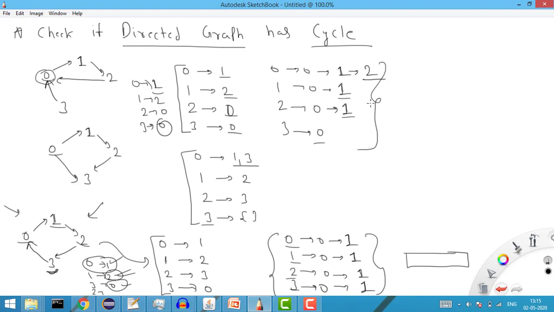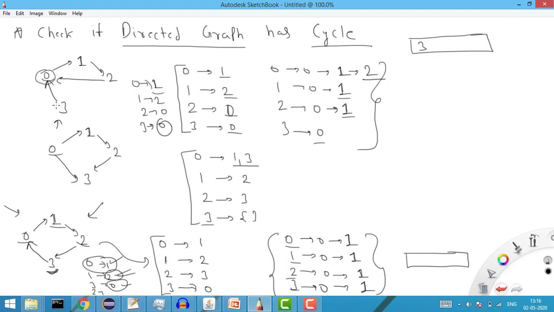check whether there exists a single point whose incoming degree is 0. If so, I put that value into the queue, meaning I put that index into the queue. Now if you see, what does it mean? It means that we have a single point here whose incoming degree is 0. There is no incoming to it, there is only outward from it. Here we have only outward from 3 to 0.